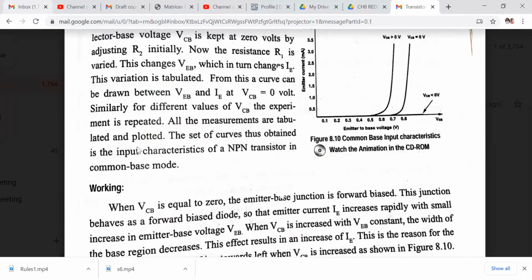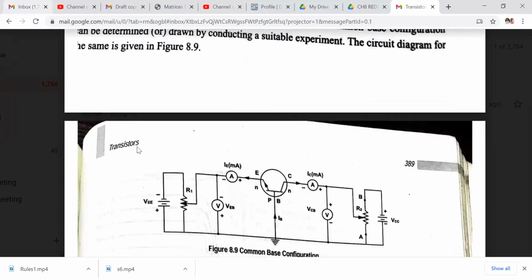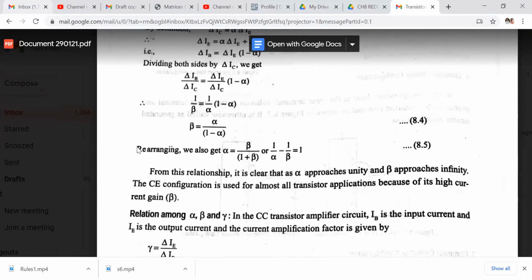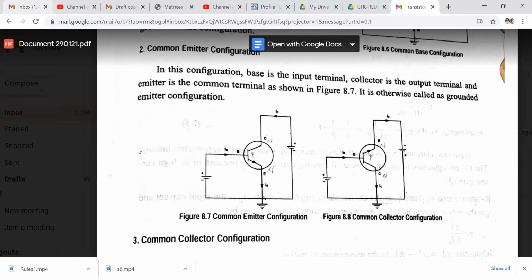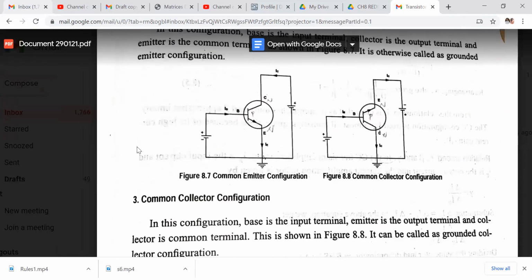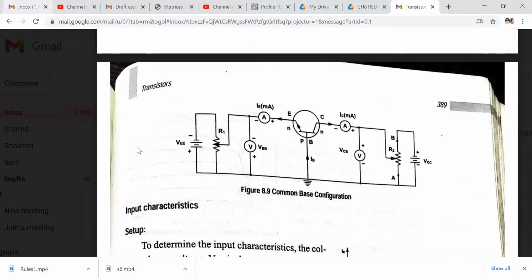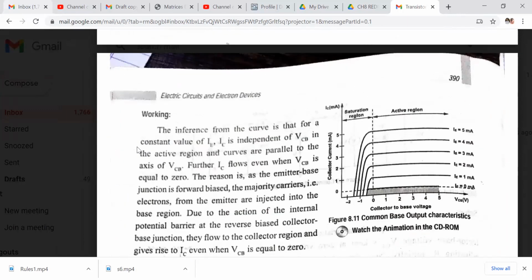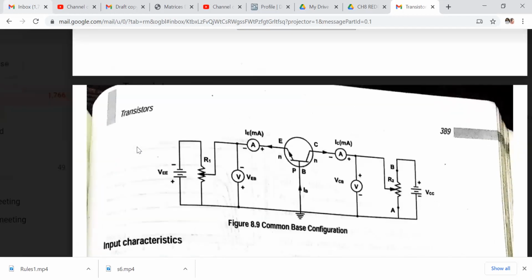So all the graphs you have to study in this. Base configuration, which will be grounded? Base will be grounded. Correct. You need not draw the same diagram; you can draw this diagram itself. You need not draw this big one. Draw the normal one, because this one no one will remember. Who will remember this thing? No one will remember.